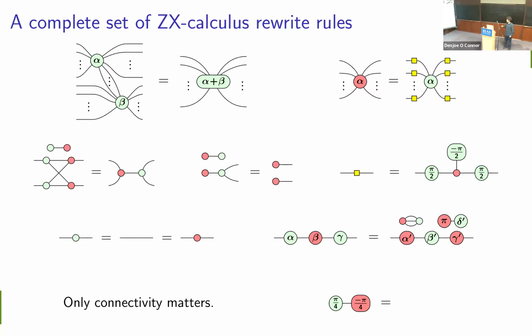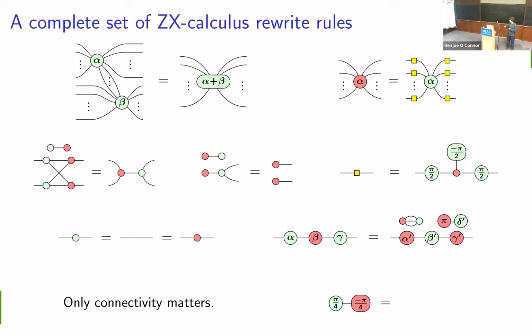Cool. And so some of my work, I mentioned earlier, my PhD thesis, was about completeness of the ZX calculus. I didn't prove that this set of rules is complete. That came a little bit later. But what I did prove is that we have a complete set of rules for this fragment where all the angles are multiples of pi by 2, which was the first completeness result for a subset of the ZX calculus.